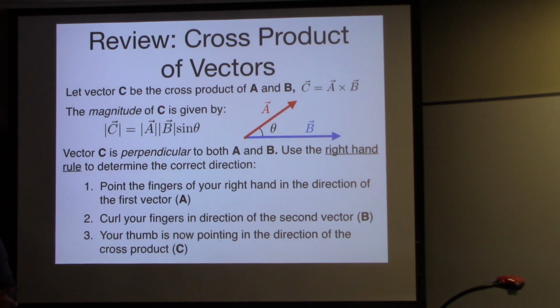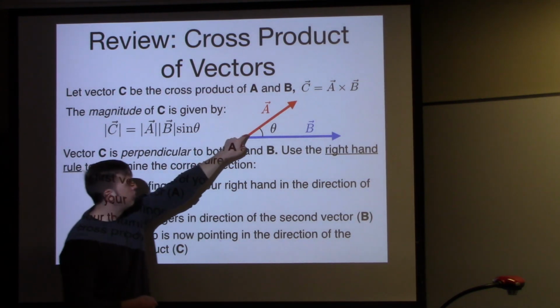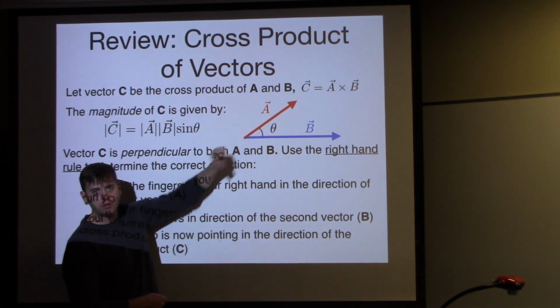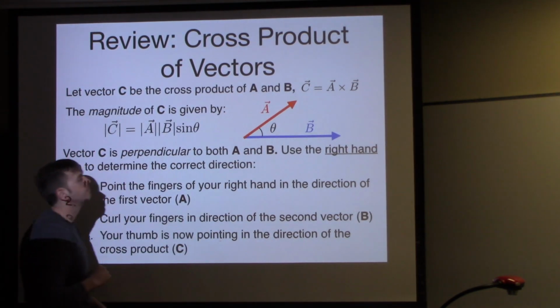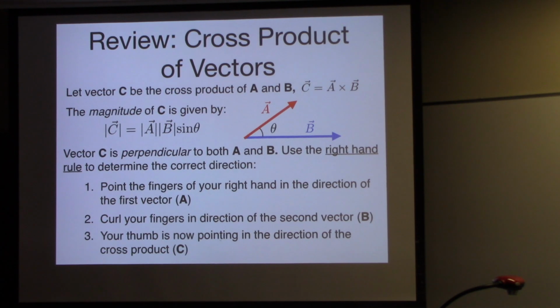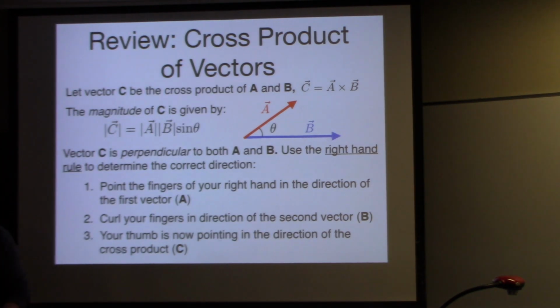So in that sense, it looks a lot like a dot product, except instead of cosine, we have sine. And just to give you a sense, if this is vector A, this is vector B, both lying in the plane of the page, theta is the angle between them. Okay? All right, but unlike a dot product, there's another step to this, because we also need to know